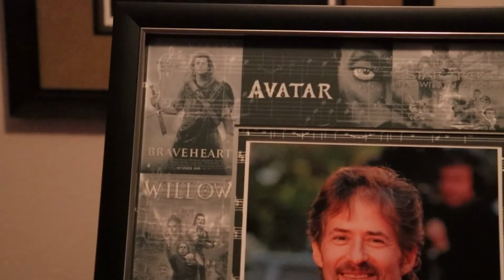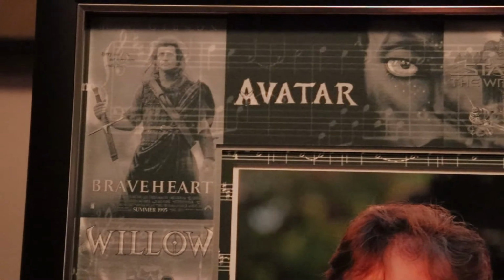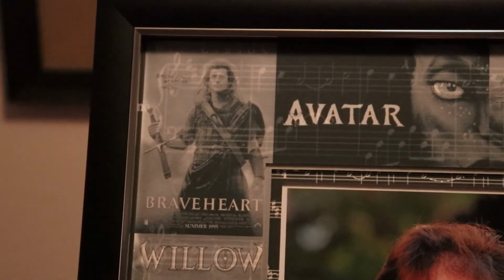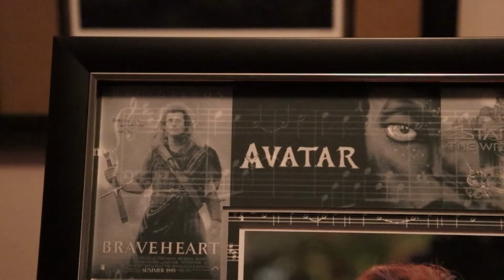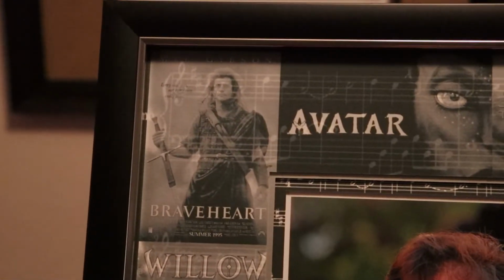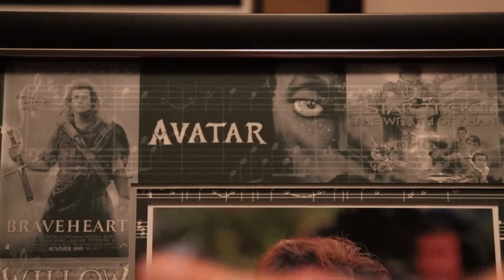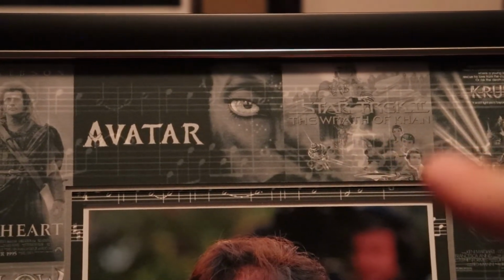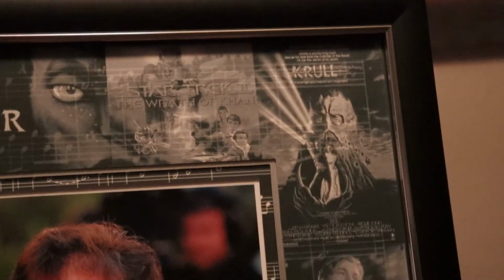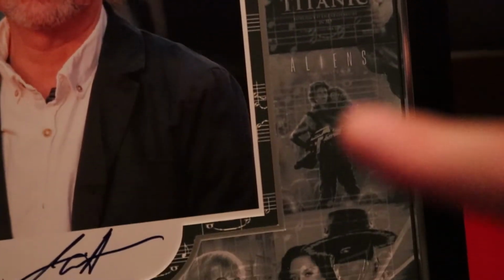And if I zoom in here, I'll get a better close up so you guys can see what's going on. So it's the same frame, the same black, the same silver, just like John Williams. But of course now I have my favorite movies in here. So you got Braveheart, Avatar, Star Trek The Wrath of Khan, Krull, Titanic, Aliens,